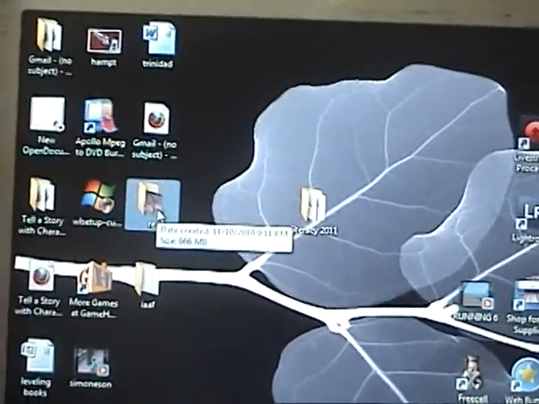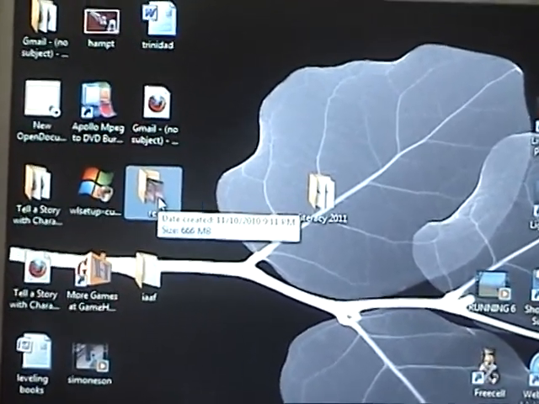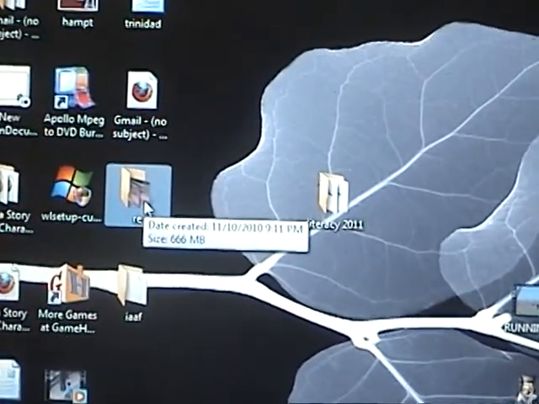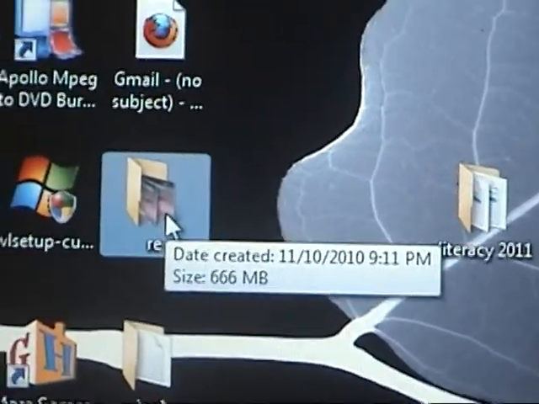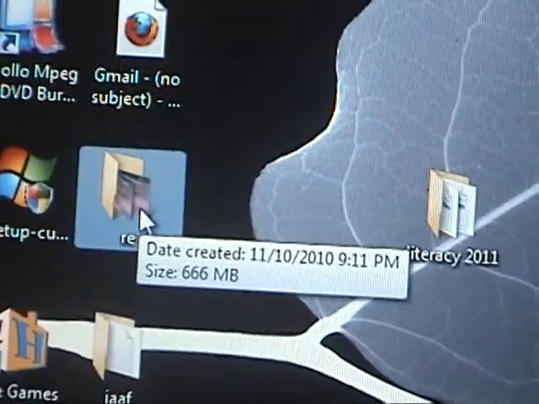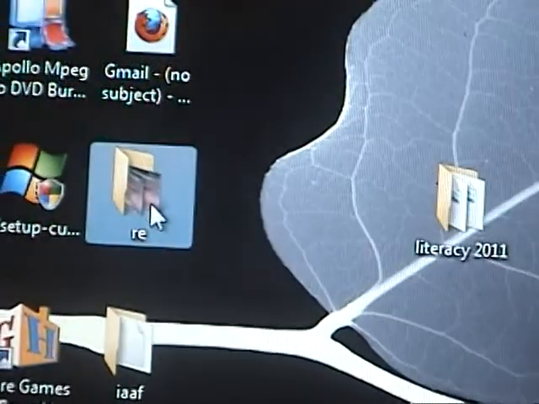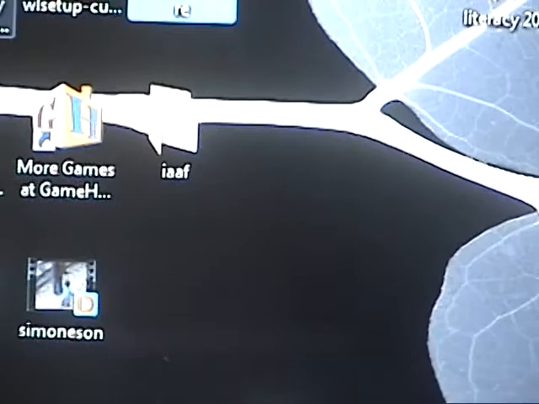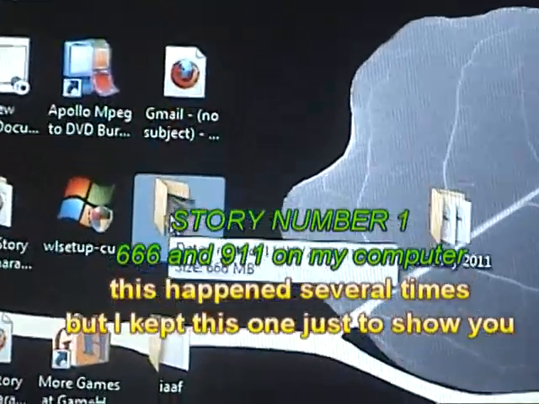But here's what happened now. After a few months, I am alarmed at this coincidence, and I'm telling my wife and my daughter, look at how this video is exactly 666 megabytes. My daughter then says to me, but Daddy, do you notice that this video was produced at exactly 9:11 p.m.? So here we have 666 and 911 combining on one video folder, where these two numbers have been following me around all this time.